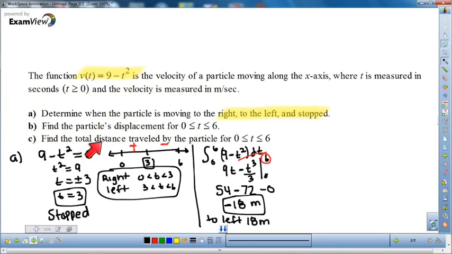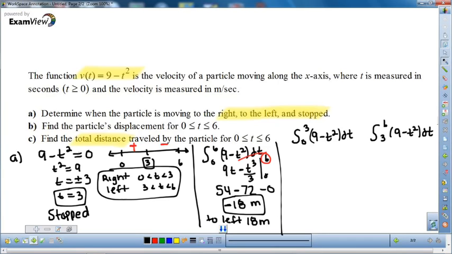For part C, I want to find the total distance traveled by the particle. To find the total distance traveled, I have to break the integral into two parts, where it's positive and where it's going to give me a negative. So I need to go from 0 to 3 and then from 3 to 6 and find each one individually. This one is going to give me a negative. So by taking the antiderivative,